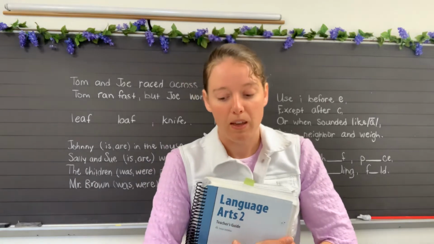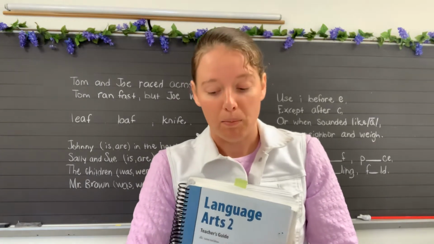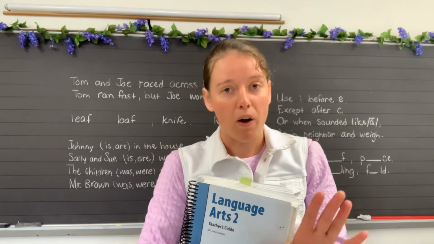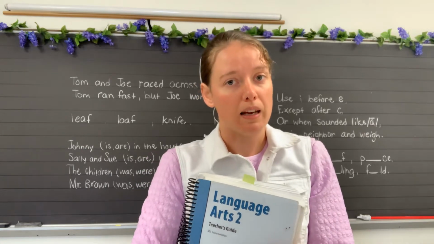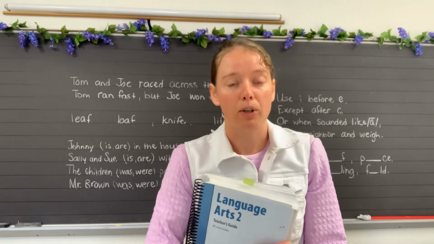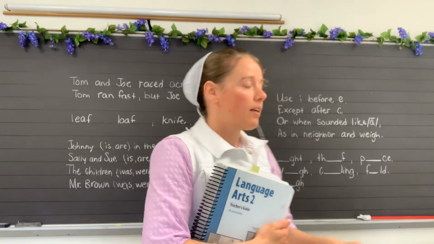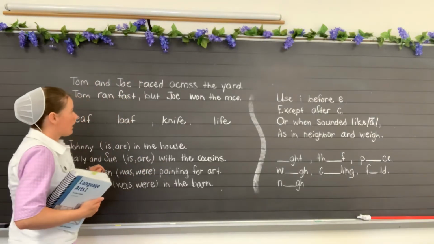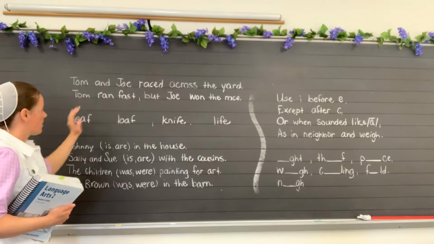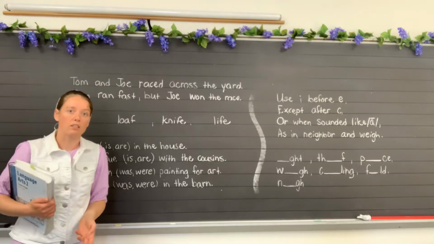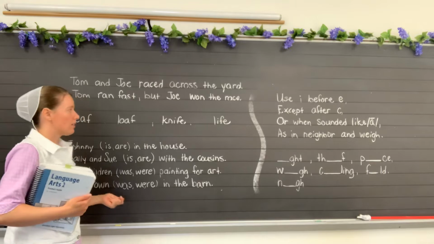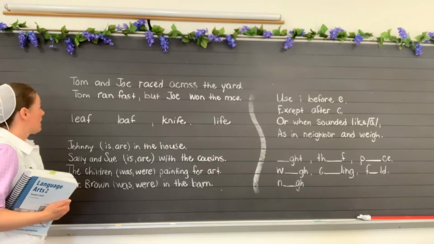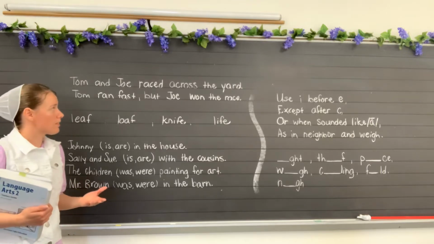So we have thinking of compound sentences again. Compound sentences are two sentences put together into one. And what punctuation mark do we need in a compound sentence? If you remember, in the middle of the compound sentence, there comes, we'll look over here on the board, there comes a comma. Now let's read these two sentences and let's think about compound sentences and decide which one would be a compound sentence. So we have Tom and Joe raced across the yard, and Tom ran fast, but Joe